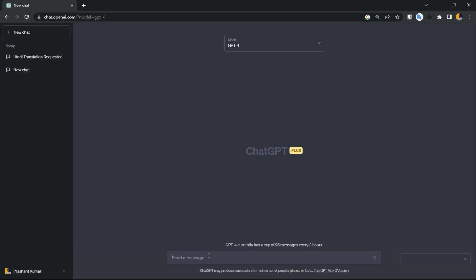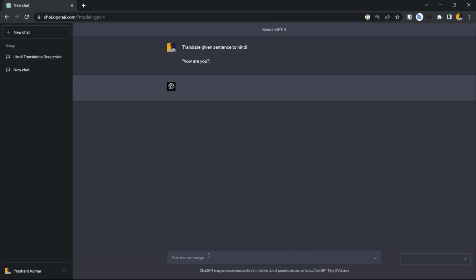So zero shot prompting is basically where you define, like you can say, translate a given sentence to Hindi. Okay, and after that you will ask your sentence, like how are you, and it will give you an answer. Although it shouldn't have taken this much time, here you can see tum kaise ho and things like that. After that I don't have to write this thing again and again. I can simply ask